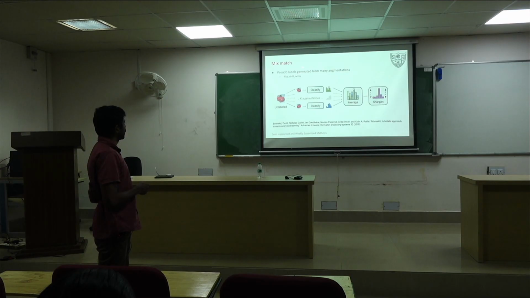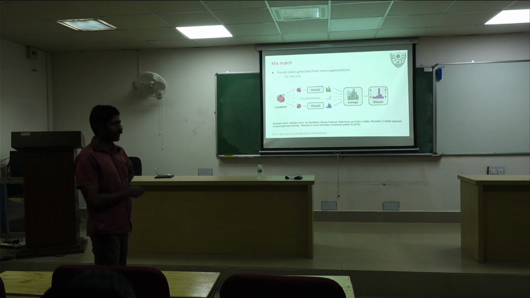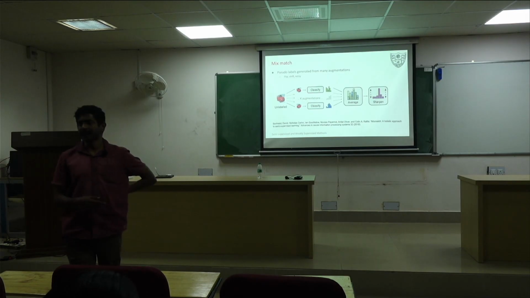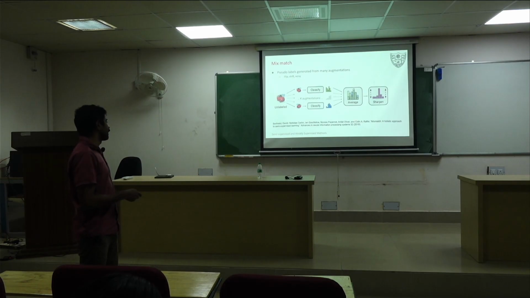So here, what they do is what is called MixMatch. What do you do? You generate these pseudo labels from many augmentations. So you have one unlabeled input that you need to train with. I don't know whether this is a car or bus or anything. So you get this input, and you make a lot of augmentations. One is the car here, one is its flipped version, maybe a rotated version, everything. So you get some prediction, some probability at the output. And you average all those